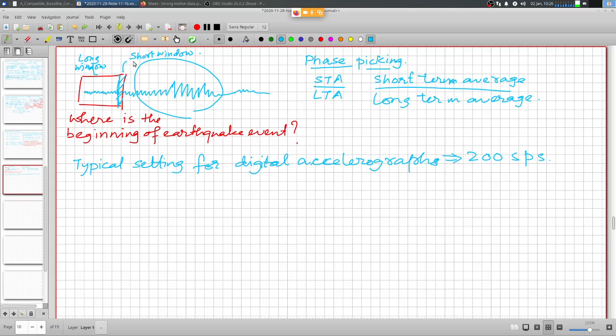So when we say 200 samples of long window, that is a 1 second record. And if I say 20 samples for the short window, 20 samples should be good enough. This is 200 samples, right? So 20 samples means we are looking at 0.01 second resolution. So what we do here is take out the average STA